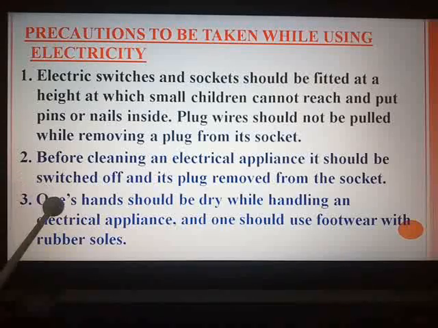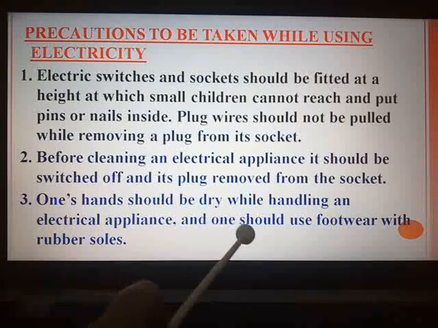Third one is, one's hands should be dry while handling an electrical appliance, and one should use footwear with rubber soles. You have studied in this chapter about conductors and insulators. Footwear with rubber soles: rubber is an insulator. It will not allow the current to flow through your body. So when you are cleaning an electrical appliance, see to it that your hands are dry. With wet hands, the chances of accidents increase,